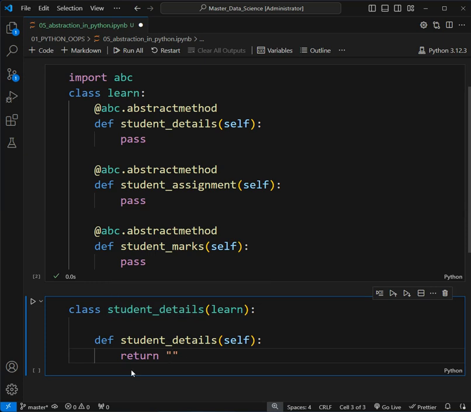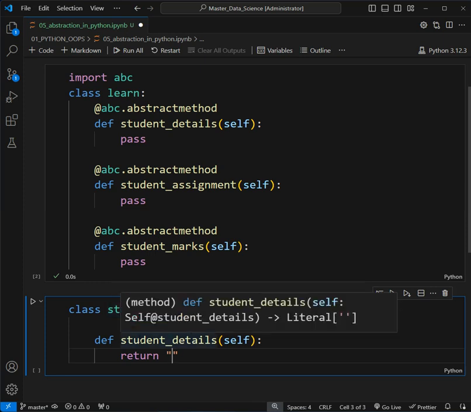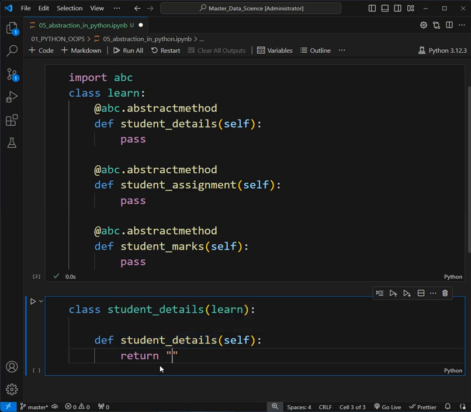And if in second class we again implement the learn class and give some implementations for this function, then those implementations will work for that class only. These are basically limited to the classes, like the class in which we are defining function, their functionalities also remain in the same class. We can use functions differently, but the implementations will be different in each class. So let me just return something here, that